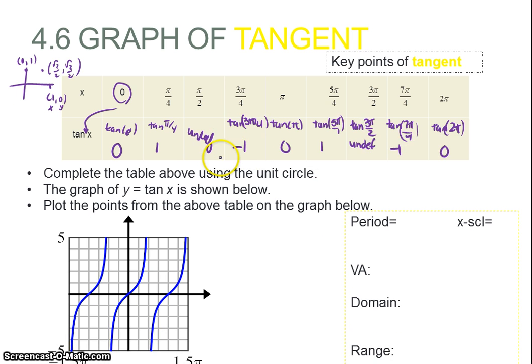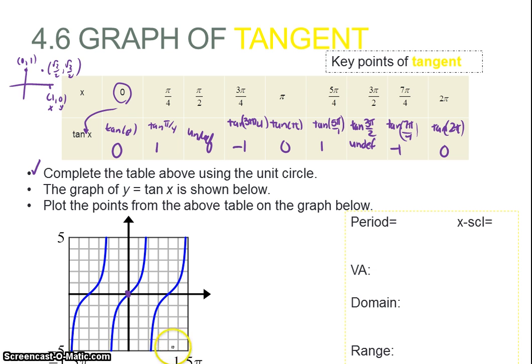Okay, so you should have gotten this for the remainder of the values. So what I'm going to do after I've completed the table using the unit circle, I'm going to use these as some of my key points to help me plot. So I have the graph of tangent. This is actually 3 periods of tangent. So I'm going to plot these points. I'm going to plot 0, 0, which is right here, so it goes to the origin, and I'm going to plot